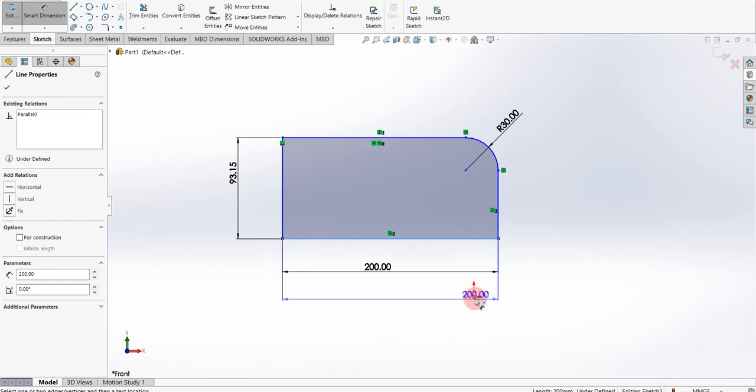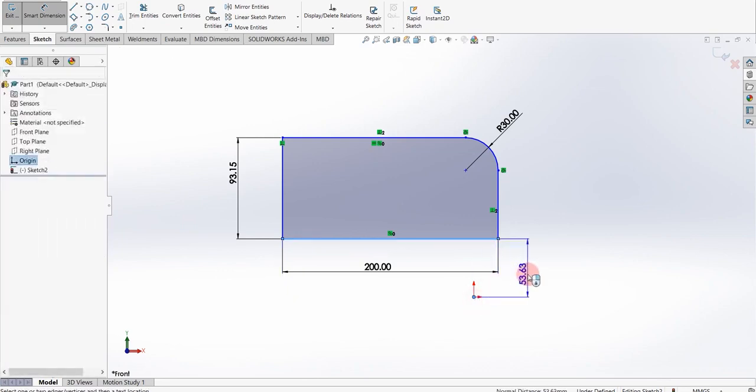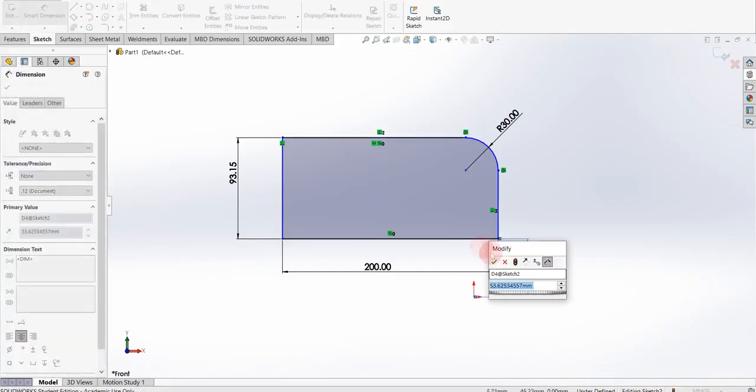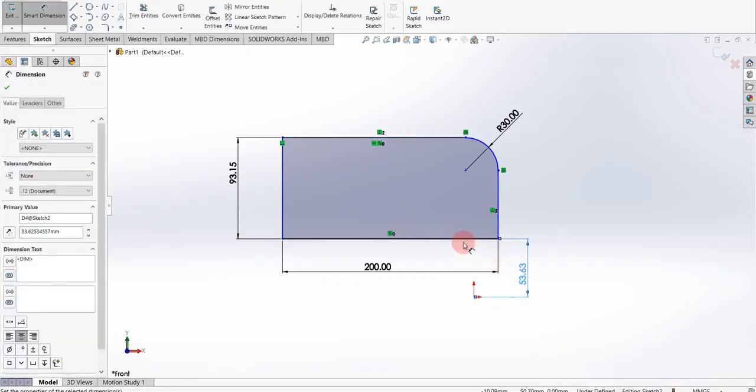So here I am setting the distance of that line from the origin. You can see this line went black in color. Black color means it is fully defined.